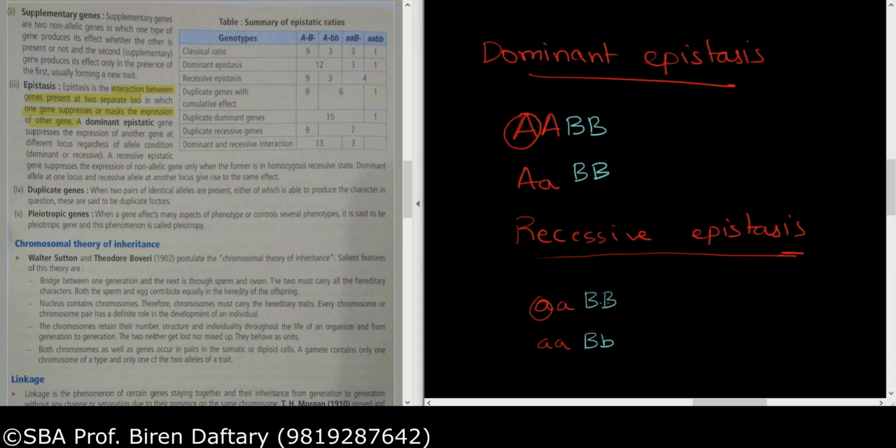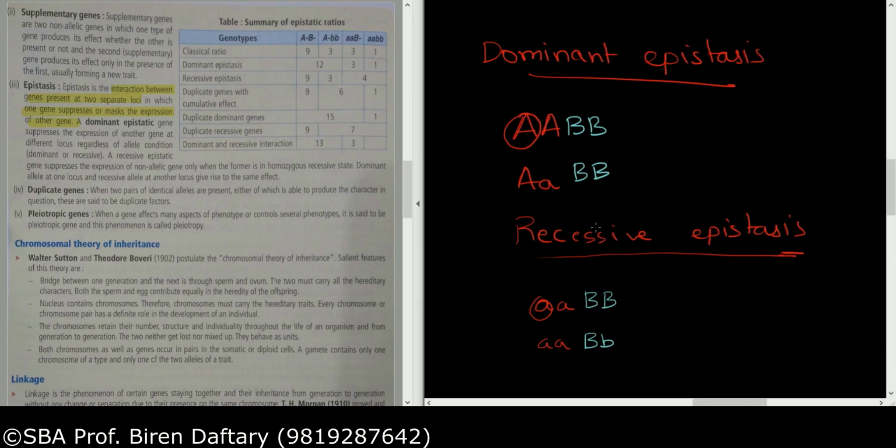So please remember, in recessive epistasis, the epistatic gene has to be in double quantity, whereas in dominant epistasis, a single copy of the dominant gene is enough. And if the epistatic gene is present according to the rules, then it will mask or overpower the expression of the other gene. So that is the third example of intergenic interaction, epistasis.